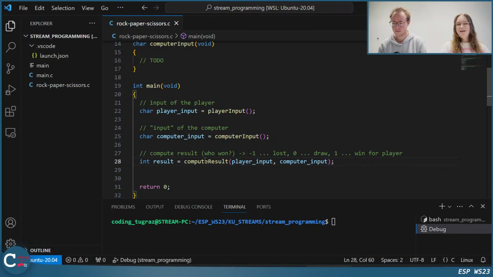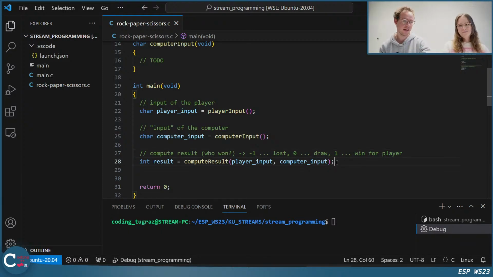So couldn't you use a signed char? I guess for the result, yes. Here you could also use a signed char. It's important that it's signed, because you don't know with a char if it's signed or unsigned, so specify signed. Then you could represent -1, 0, and 1 also with a signed char. It would use less space, but it doesn't matter.